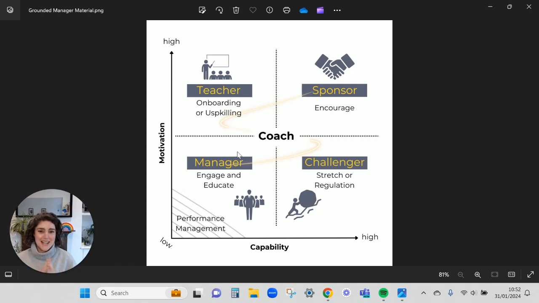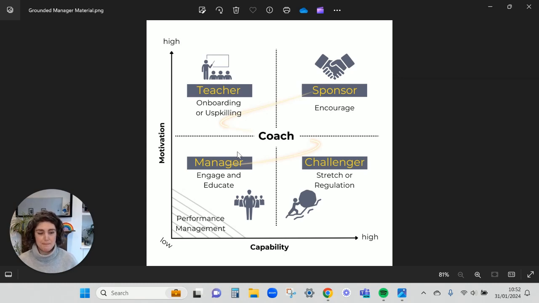And then lastly is down to low motivation and low capability. So there are shades of this depending on how far right into that corner they get. And it's on a spectrum from coach to manager, where it's about really mixing, engaging and educating your people to make sure that they know what to do, and importantly, why. So sometimes motivation can be low if people are not sure on the why of what they're doing. All the way right down to where this person is not motivated, they don't know what they're doing, or they're not capable of doing the thing. And actually this is a performance management situation that might need to move into a formal